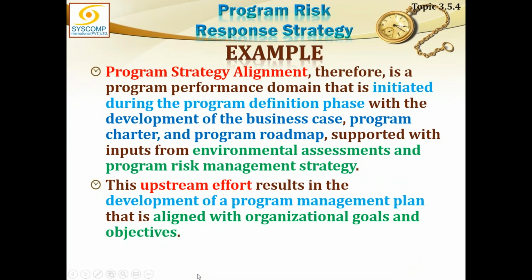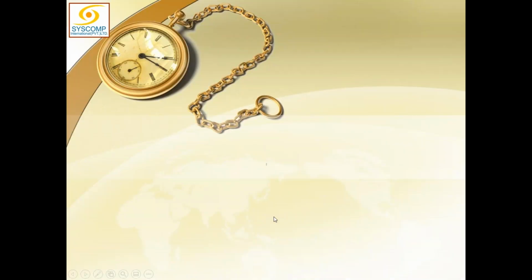Program strategy alignment, therefore, is a program performance domain that is initiated during program definition phase with the development of the business case, program charter, and program roadmap, supported with input from environmental assessments and program risk management strategy. Right. This brings us to the end of this chapter,